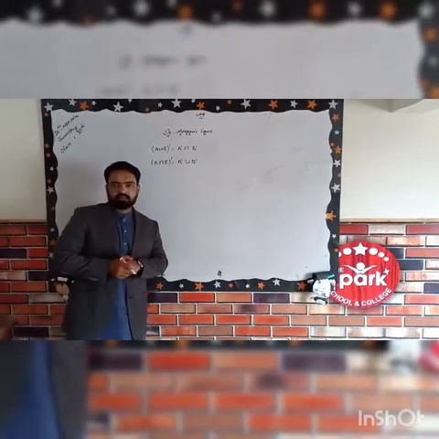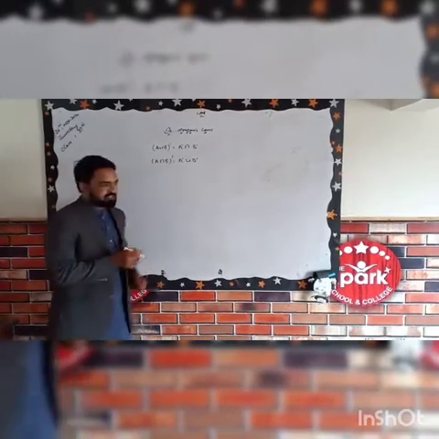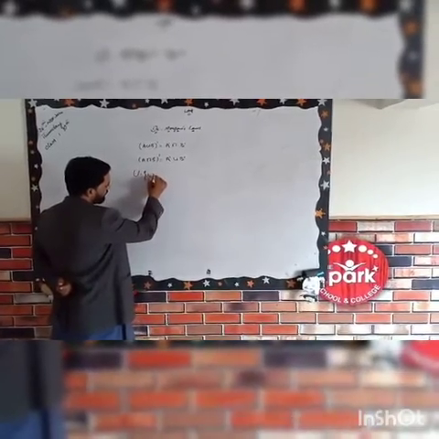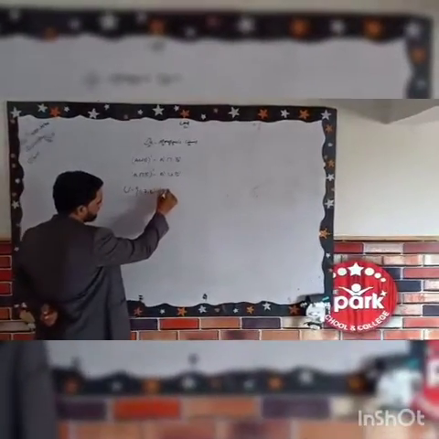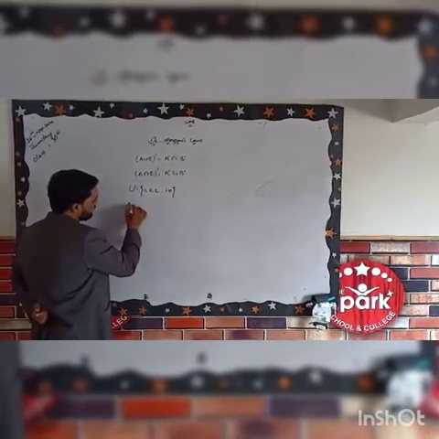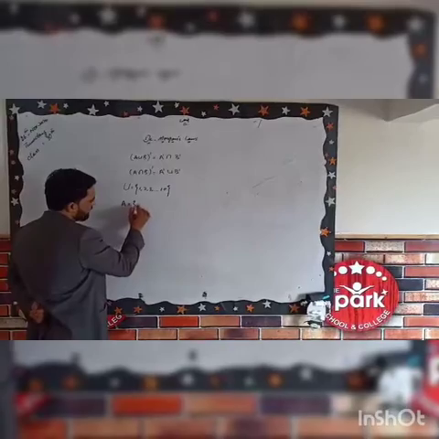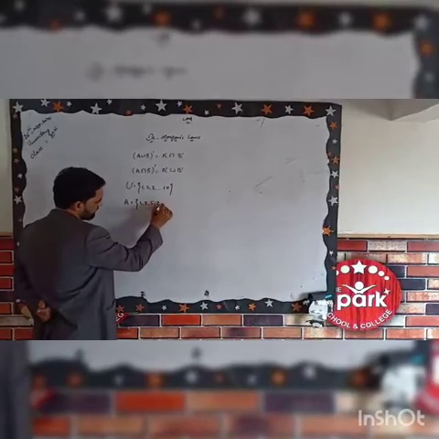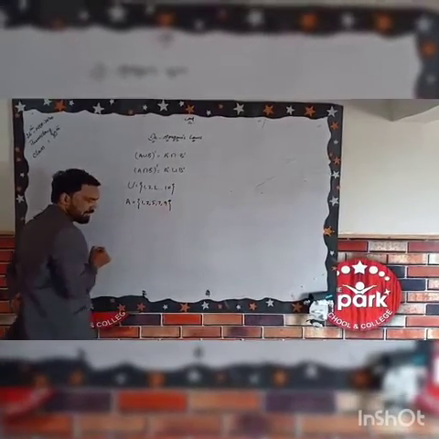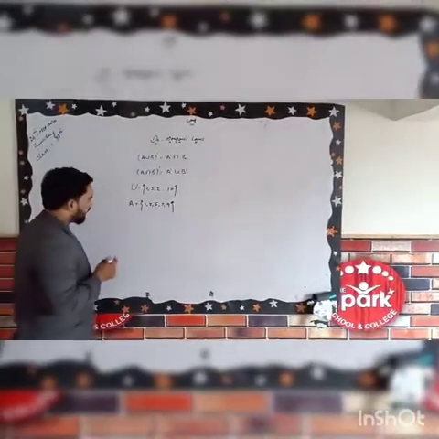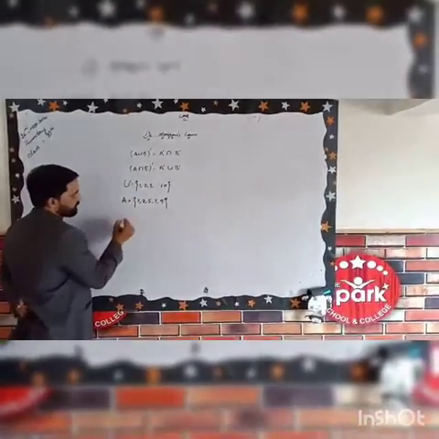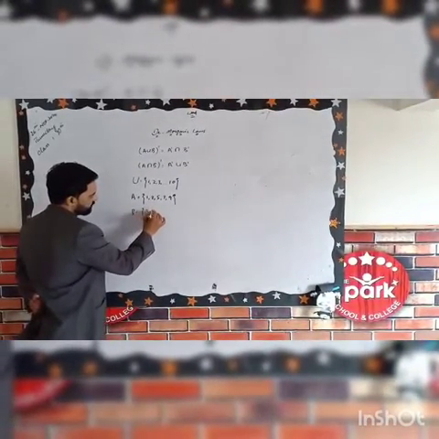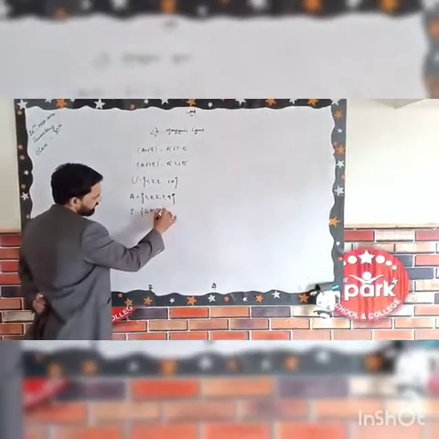In this topic, let's suppose there are three sets. The first set is the universal set, and let's suppose the elements of the universal set are 1 till 10. The elements of set A you may take as odd numbers: 1, 3, 5, 7, 9. And don't forget, the two sets A and B are taken from the universal set, because the universal set is also called a superset. Set B consists of even numbers.